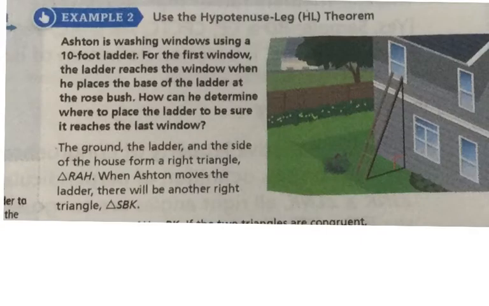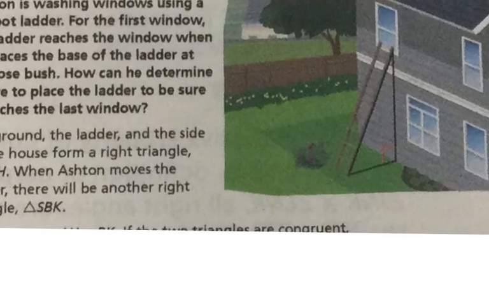Okay, it says here, Ashton is washing windows using a 10-foot ladder. For the first window, the ladder reaches the window when he places the base of the ladder at the rose bush. How can he determine where to place the ladder to be sure it reaches the last window? Okay, so